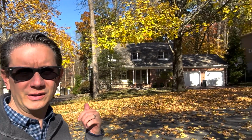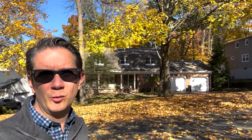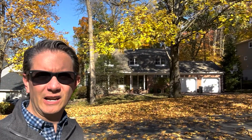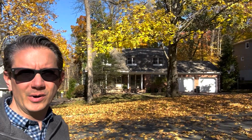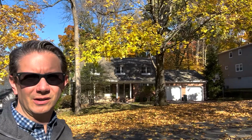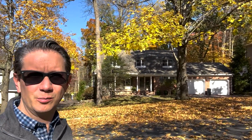This one's sort of almost at the end of a cul-de-sac. They're calling it a colonial, but I would describe it more as a ranch with the sort of gambrel roof with these little dormer windows poking out. So it kind of looks like a one-story, but you've got that second attic level that has the bedrooms, I'm assuming. Very cute. Sorry it's a little dark because of the foliage here, but it faces south and is really pretty on